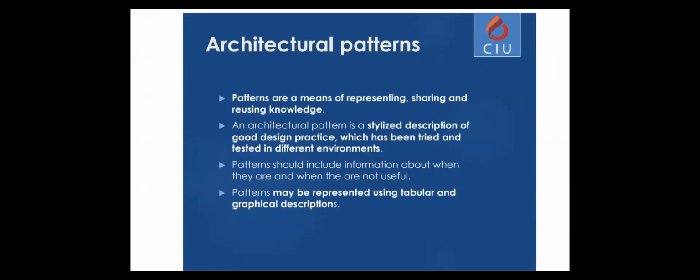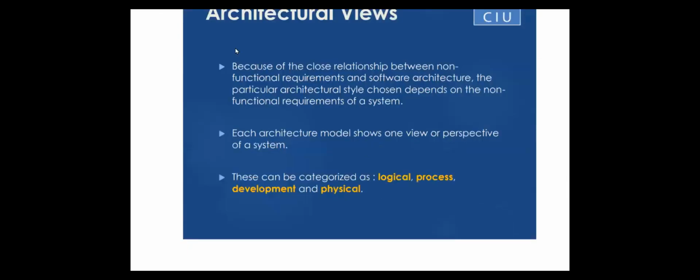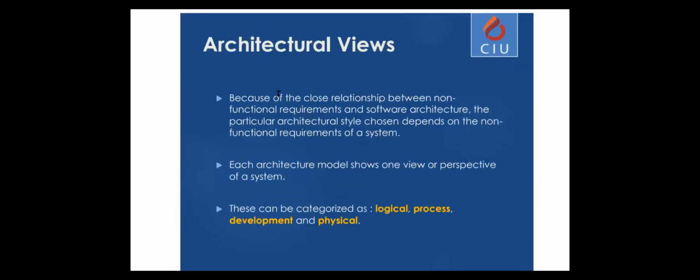Patterns are represented using graphical representations, just as we did with all the other UML specifications, using diagrams. Most architectural designs will be represented with block diagrams, which is basically just blocks showing how the architecture is being represented. There are different views in the architecture, which consider different aspects. The book that you have, if you are reading the chapters, divides this into 4 different categories: the logical architecture, the process, the development, and the physical one.